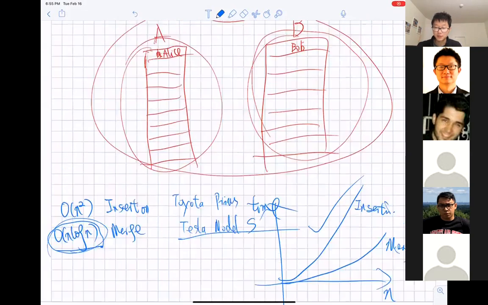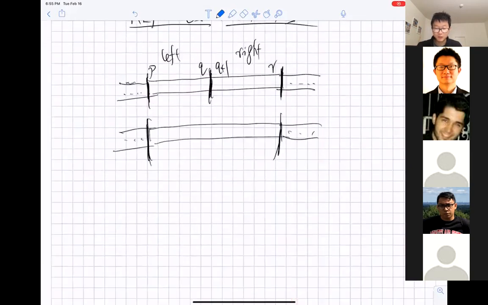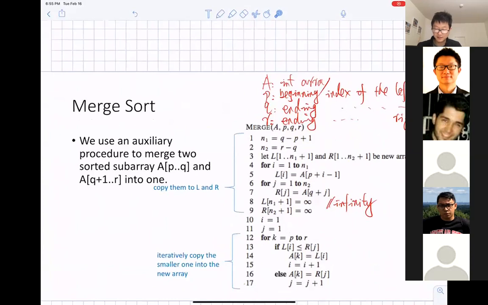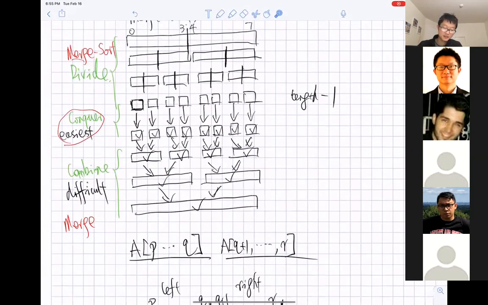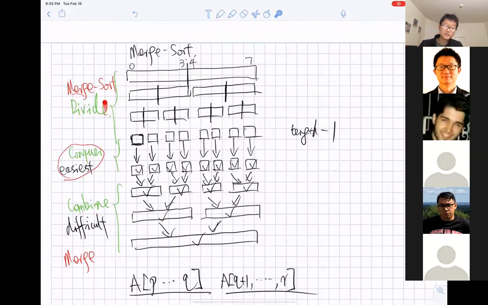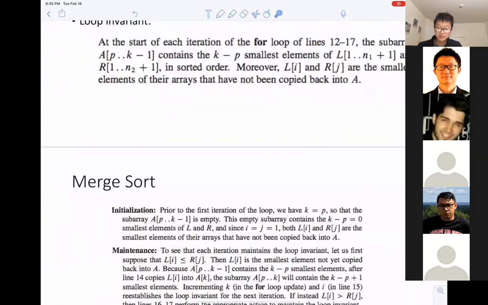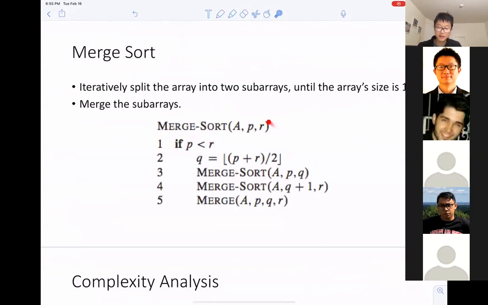Okay, so this is the merge algorithm, and believe it or not, we haven't finished the merge sort yet, because we just finished talking about merge. As you know, we don't need to do anything for conquer, so we can skip that. But for the divide part, we have another function named merge sort, and it's quite easy. Here I'm just going to show you the pseudocode of the merge sort algorithm.